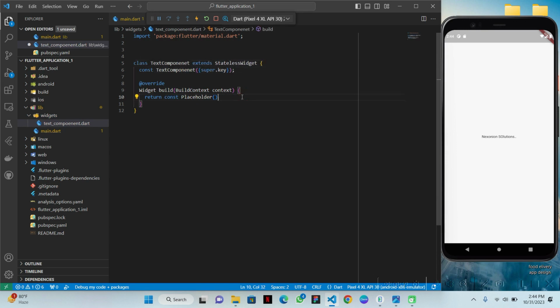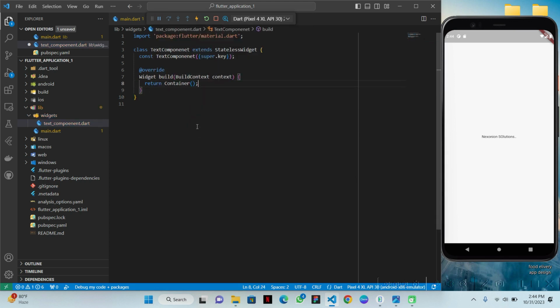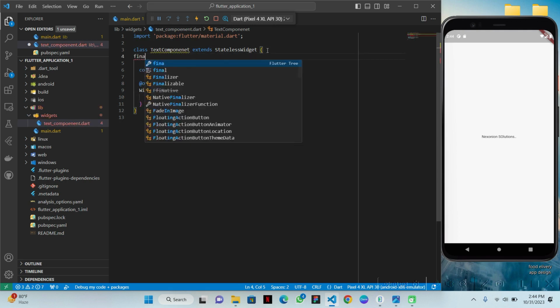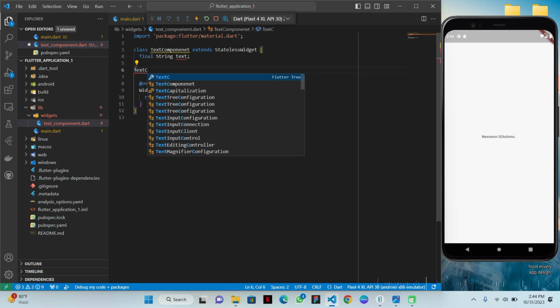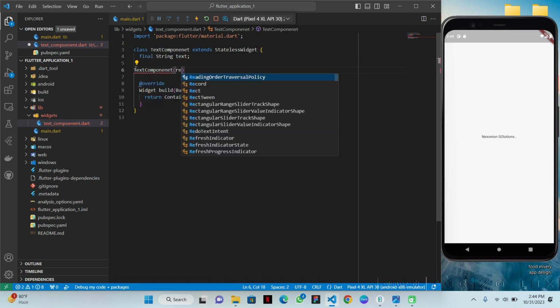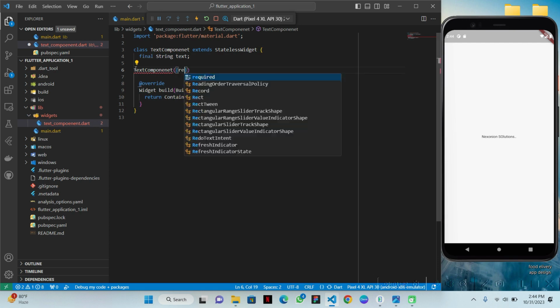Okay guys, and here inside my text component I will use container widget, and here first of all I will declare my string, final string text, and which will be required. So I will use here text component required, inside curly brackets required